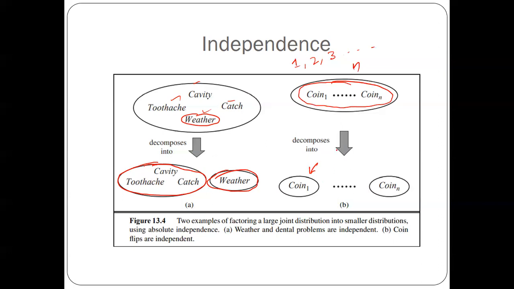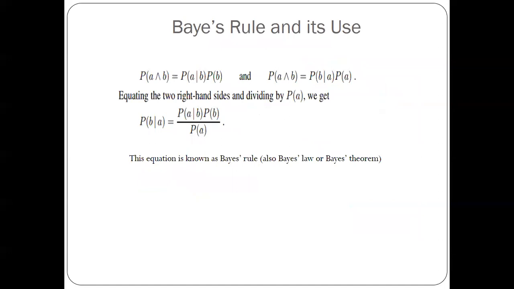Actually, they are n independent events because none of the coin tosses is going to influence the other toss, right? It is not that if the first toss is tail, the next toss should be head or something like that. No. So they can be treated as independent events. So that's what this diagram shows. Okay, fine. So next we'll be discussing an important rule, which is called Bayes rule.